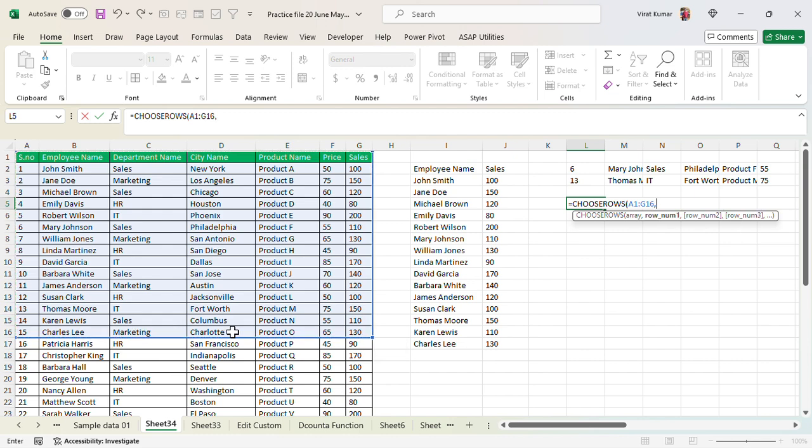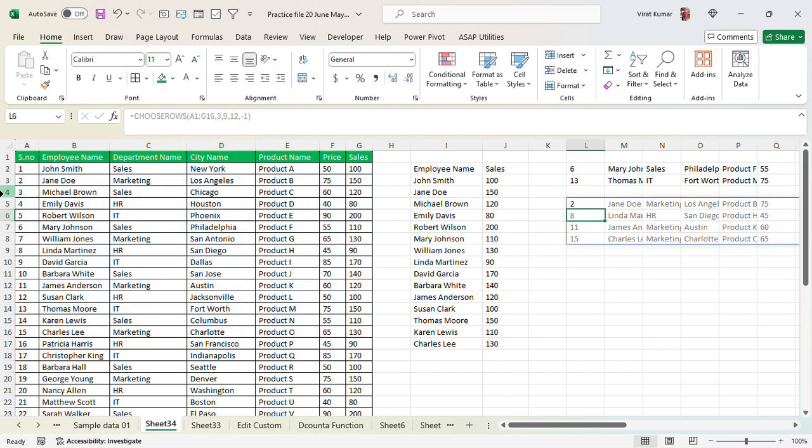Comma. Row number. So for example I want rows 3 comma 9 and 12 comma minus 1. Minus 1, what we do, I will show you.